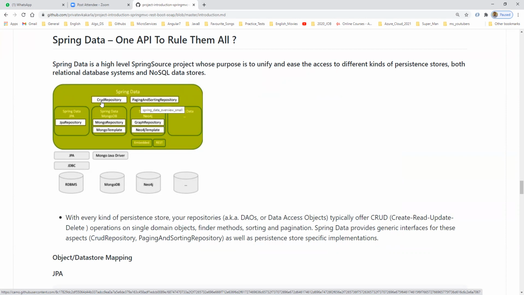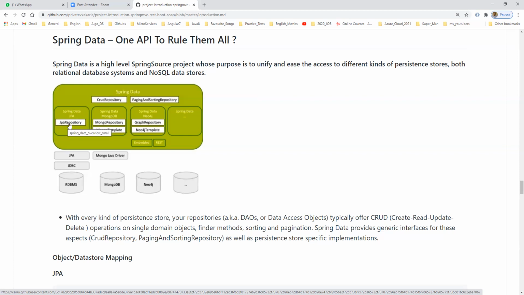The CRUD repository extends from the JPA repository. JPA is nothing but the Java Persistence API. Whenever we are going to save or do some database transactions, we can use this JPA repository instead of directly connecting with the database.